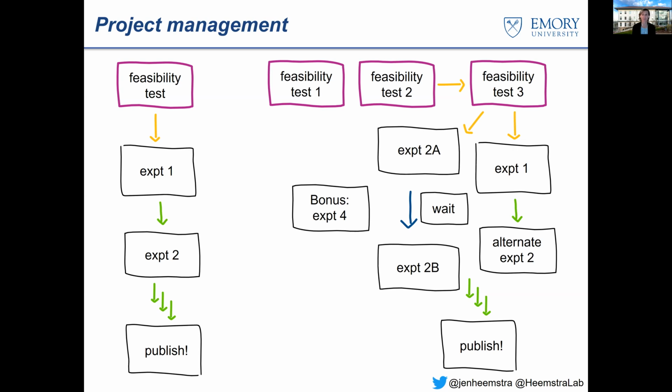And if that bonus experiment is, again, something you can do in parallel, as they often are, then you can even plug that in during that wait time. And now you've got this cool extra piece of data that's there when you need it, when you're ready to publish. And so this is my approach, but this is a pretty personal process, and everyone has different models that